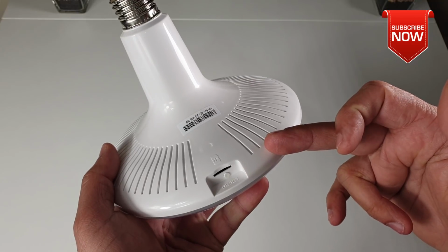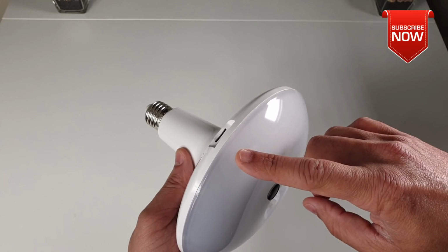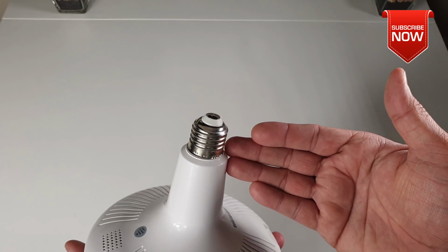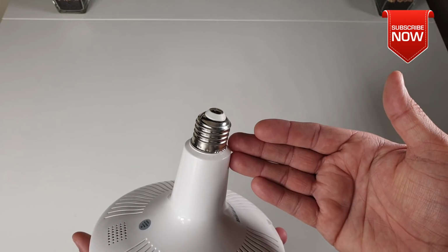Next to it we have a factory reset button. The camera bulb also comes with an indicator light, which illuminates, showing you the status of the connection. Now in terms of electrical connection, it comes with the E27, but you can use a converter for the B22